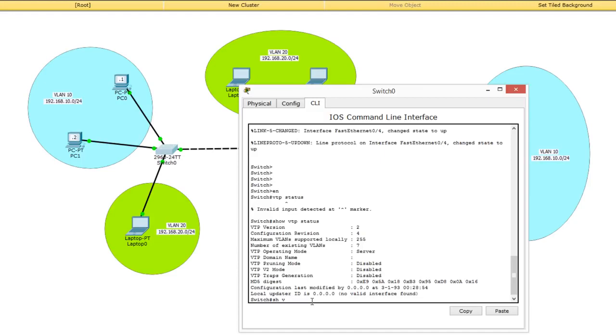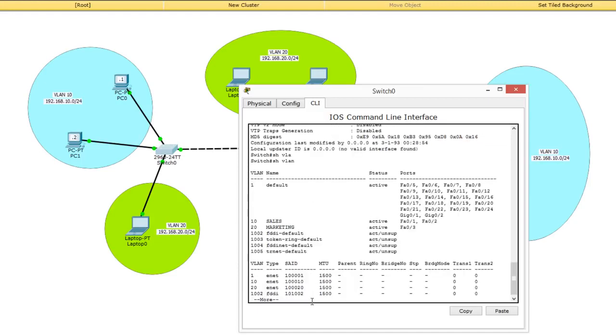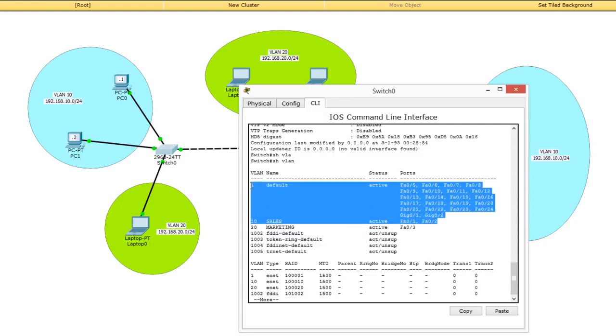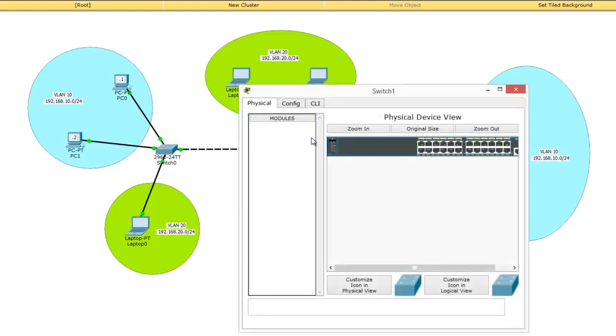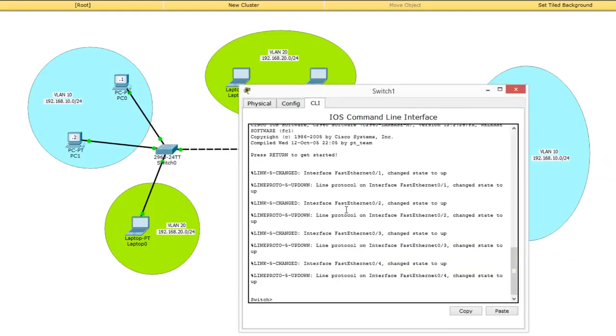So show VLAN, right? And like we saw in our last video, we have 4 unsupported VLANs, and then we have 3 VLANs that we created. That is VLAN 1 default VLAN, then VLAN 10 sales, and VLAN 20 marketing, right? So similarly, let's look at all the other devices. We go here and put the same command,